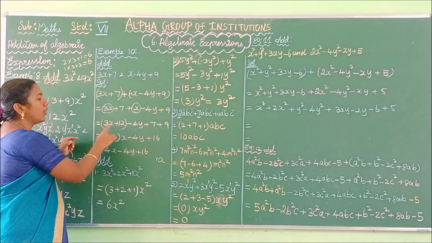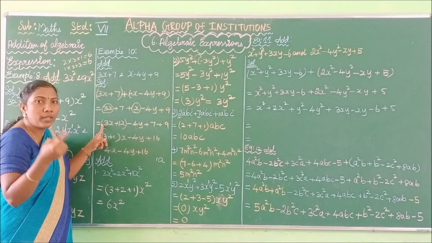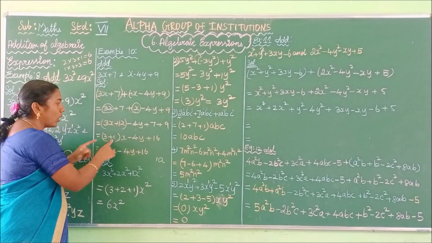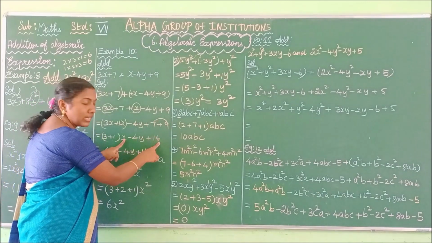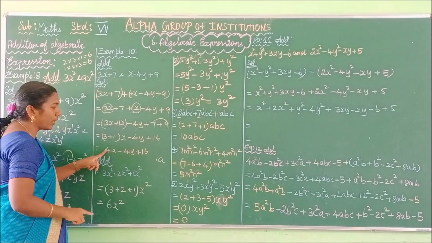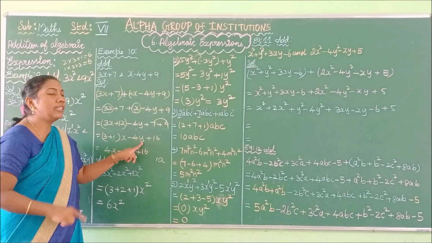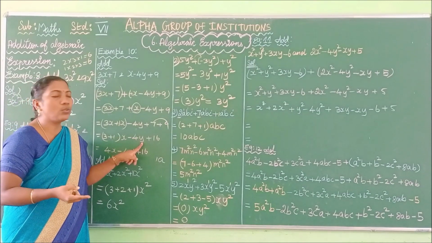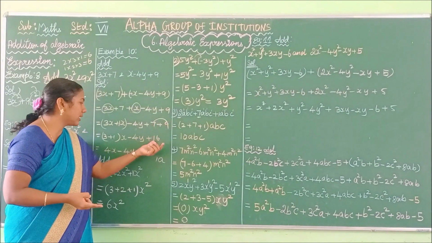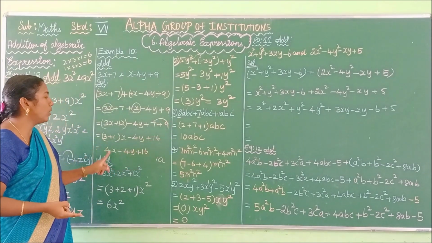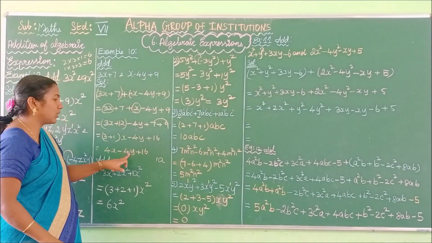Okay. Now we are going to add these two terms. How can you add the like terms? By adding the numerical coefficients. So 3 plus 1 into x, minus 4y. 9 plus 7, what is your answer? 16. So 3 plus 1, 4x, and write the next, minus 4y plus 16. Okay. For y, there is no other term containing y. So you have to write it as it is. Okay. And constants are added. 7 plus 9 is 16. So your answer is 16. 3 plus 1, 4. Thus we have added the 2 expressions and our answer is 4x minus 4y plus 16.